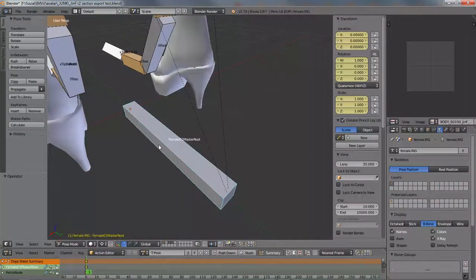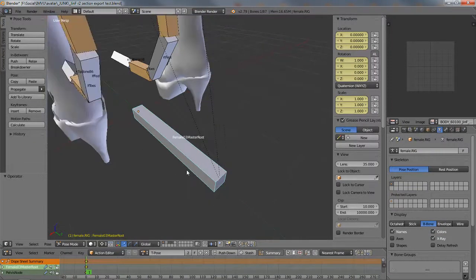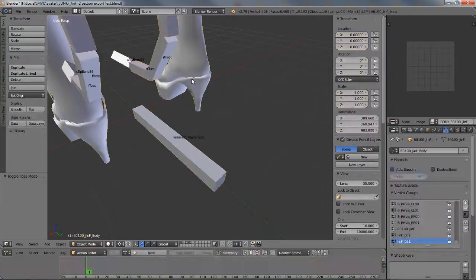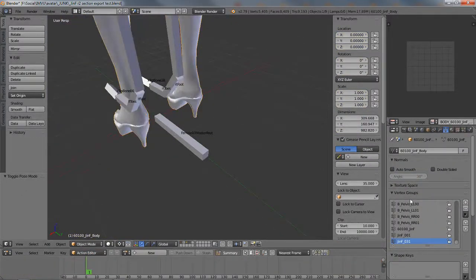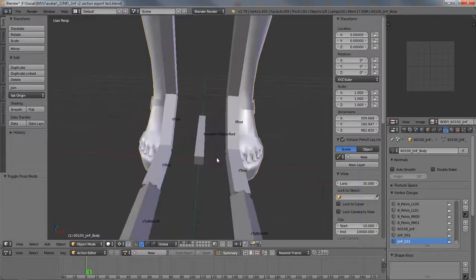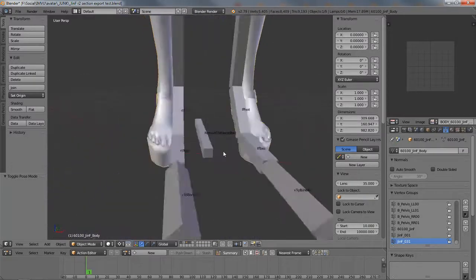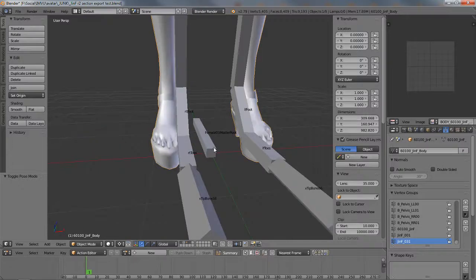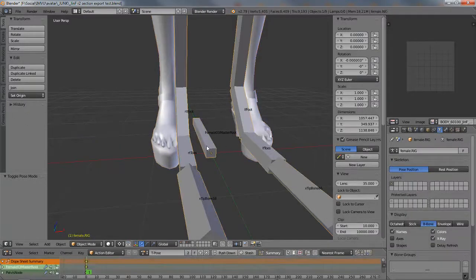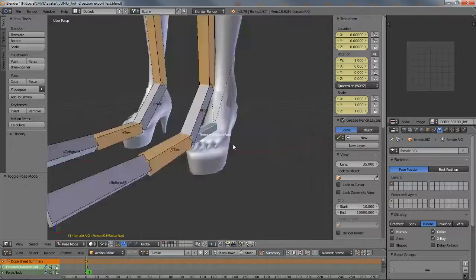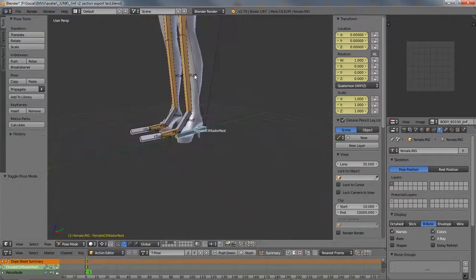So that's skeleton master root. If you want to bring that character in, that mesh, that's what you would do. You'd create a vertex group, one of these things, and that would be called female 03 master root, and that would enable you to bring it in and essentially lock it to the location of that bone without causing any issues with distortion with it when the character